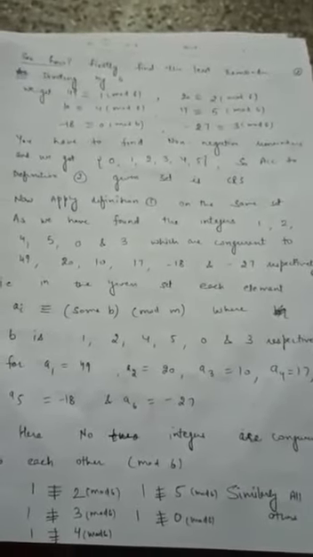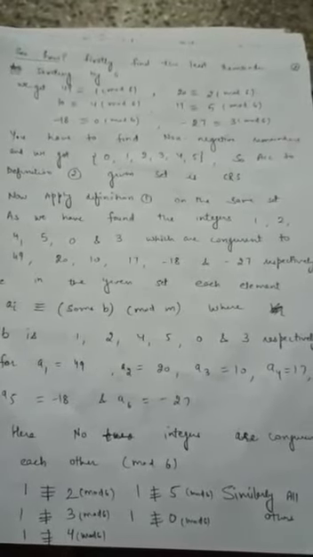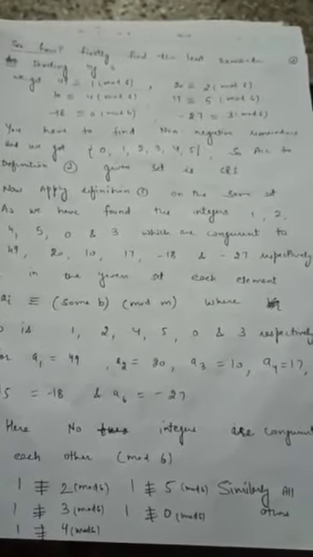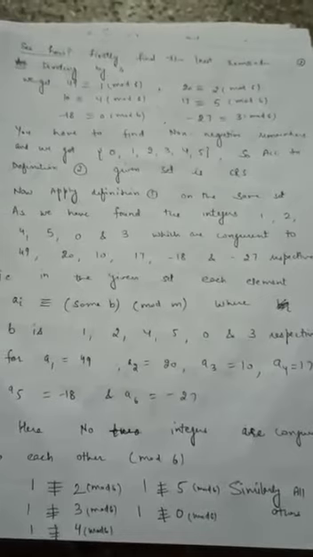Now we got the set 0, 1, 2, 3, 4, 5. That means we have found the set 0, 1, 2 up to m minus 1, because here m minus 1 is 5 as m is 6. So that means according to the definition 2, we got the set. So it is called a CRS. That means given set is CRS, complete residue system.